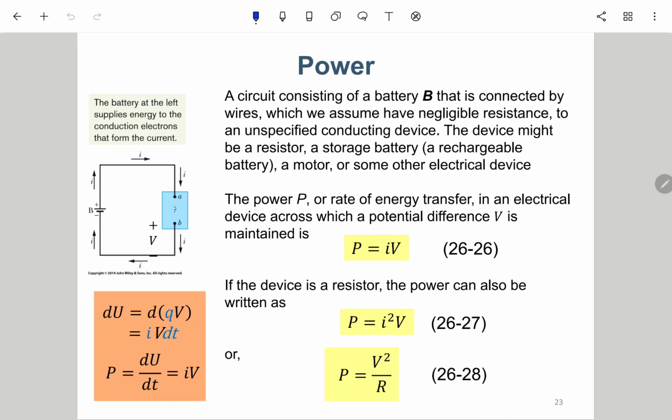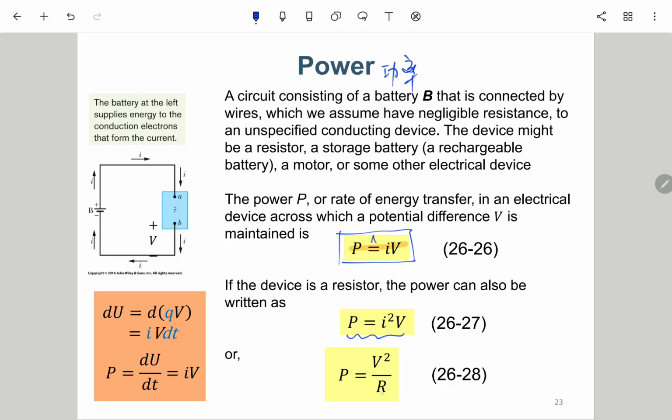Okay, so here we talk about the power. Okay, Chinese is 功率. Actually the power will be P equals IV. This is always true, even for a resistor or for other devices. P equals IV is always true, but